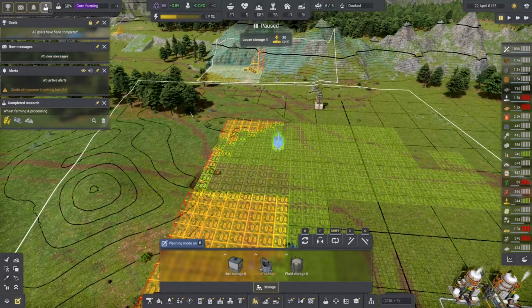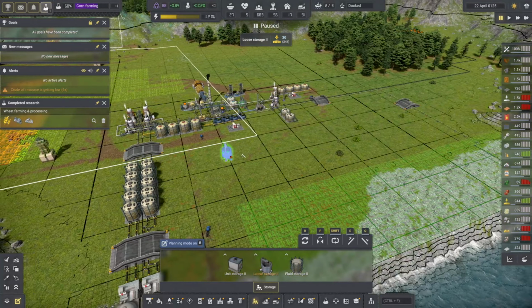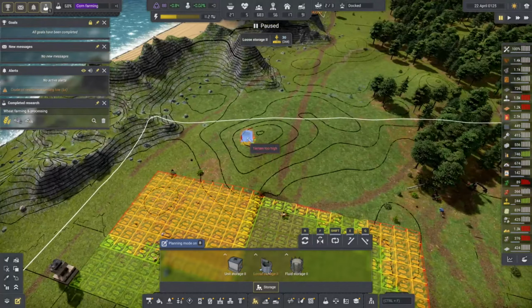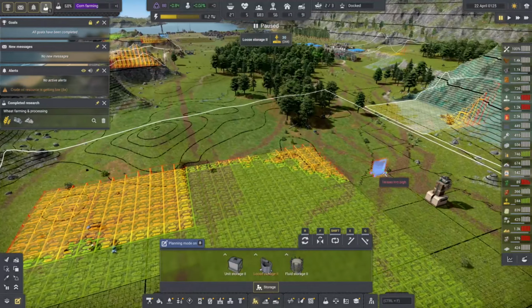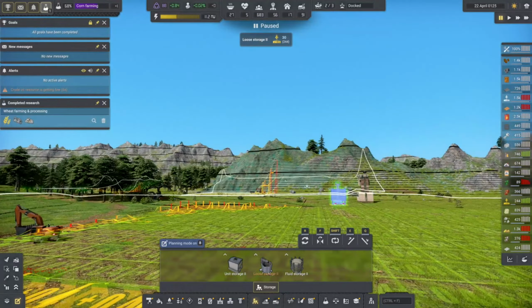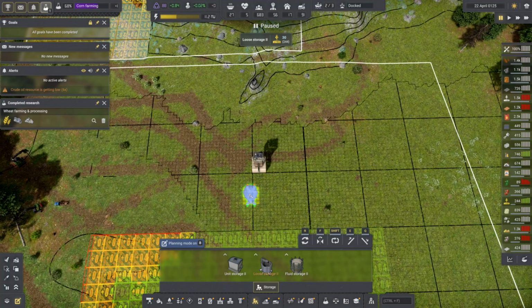I mean, where do we place it? I don't want to get in the way here. This could be a too big operation. I don't want to move it. So I don't necessarily want to have it in the way there. Maybe this spot here is not bad. Let's just do